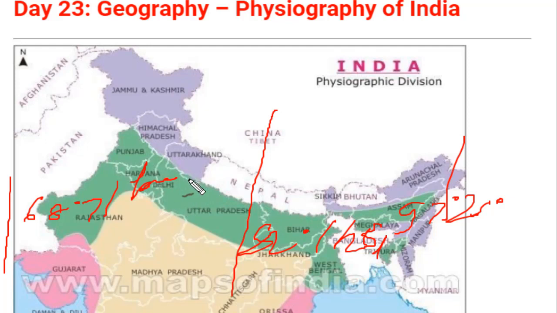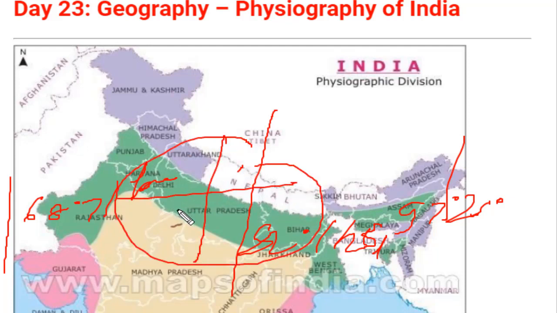And if we talk about the hemisphere in which it lies, as we know, our entire globe is divided into 4 hemispheres: the eastern hemisphere, western hemisphere, northern hemisphere, and the southern hemisphere. So our country India lies in the northern eastern hemisphere, somewhere at this place. So this is the hemisphere division of our country.